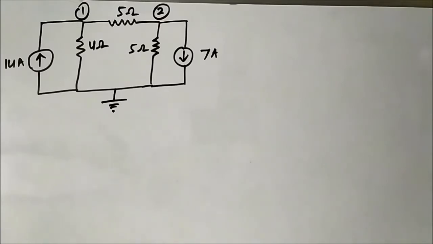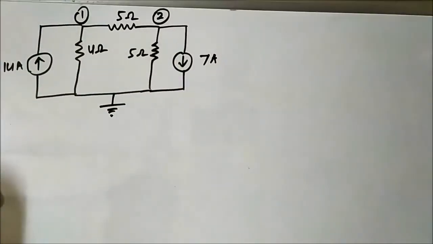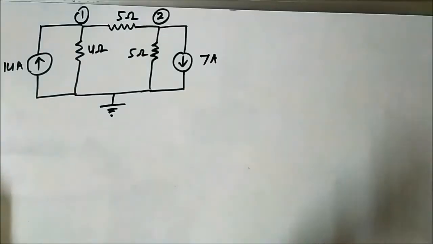In the previous video we discussed the basic concepts of nodal analysis, and we discussed one problem related to that. In today's video we are going to discuss another problem to clear our basics related to nodal analysis. So here we have a circuit which consists of two independent current sources of values 14 ampere and 7 ampere on the two ends, and we have a